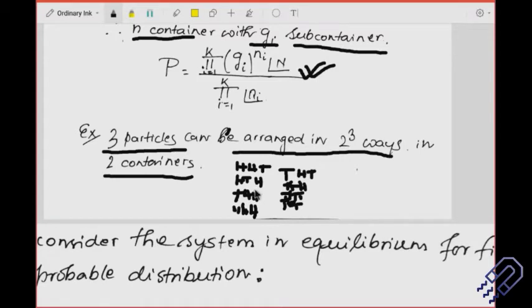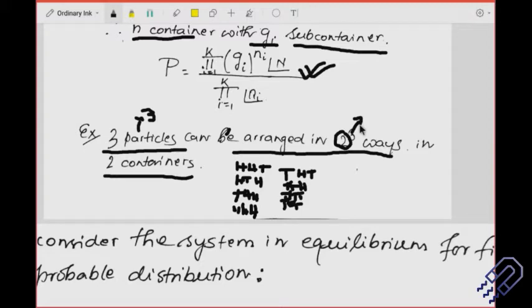So this was a simple case. We have got 3 coins. So these are the 3 particles. These 3 particles are nothing but can be referred to as 3 coins here. And then they can be arranged in 2 to the power 3 ways. So that is the number of outputs that are possible. That means either a head or a tail, to the power the number of coins that you have. That is how you arrange it.